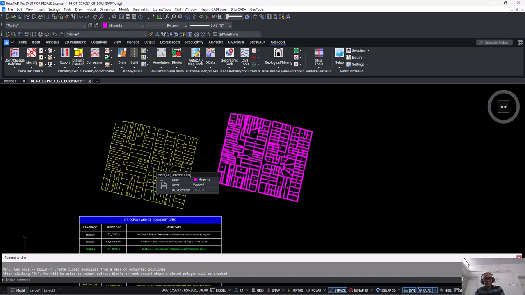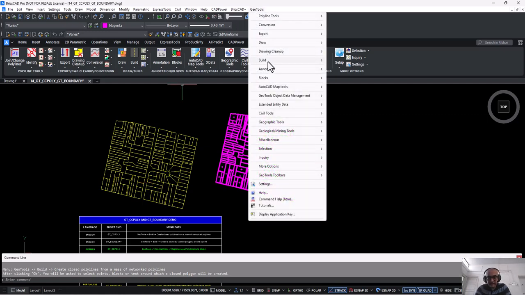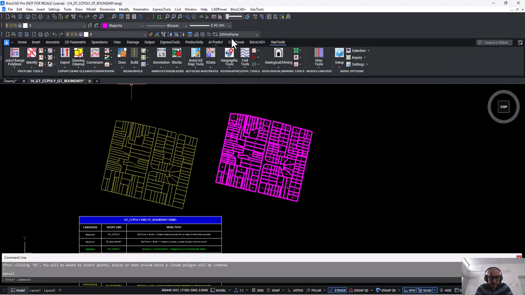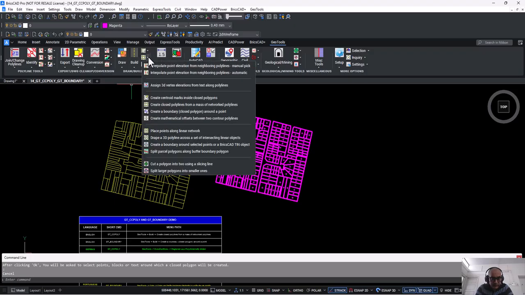Now that was the gt_cc poly command, which as you can see is available here in the build menu. Create closed polylines from a mass of network polylines. It's also available in the ribbon. If you come here to build, and under this you can see create closed polylines from a mass of network